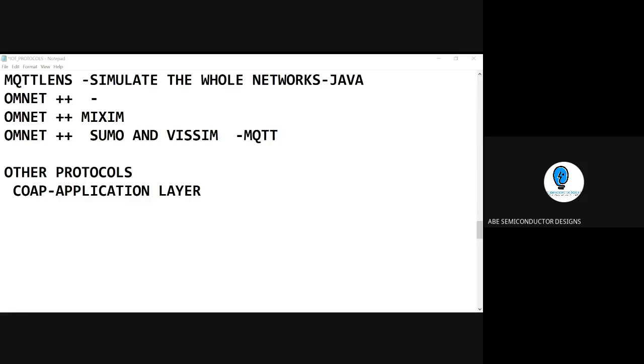We have a lot of tools available here, and the application layer is required for the messages and for the data transmission. It is based on the network data.